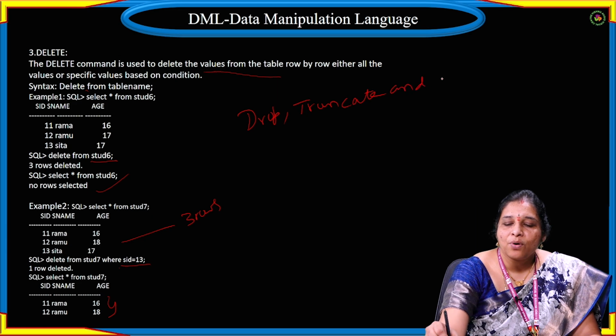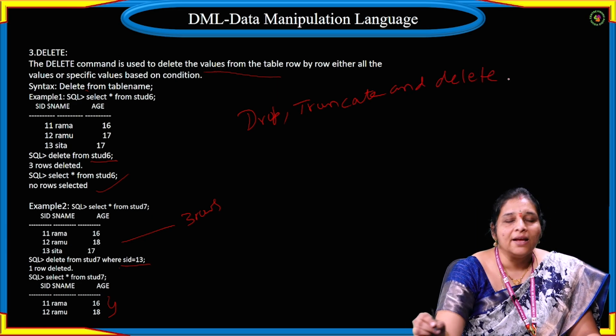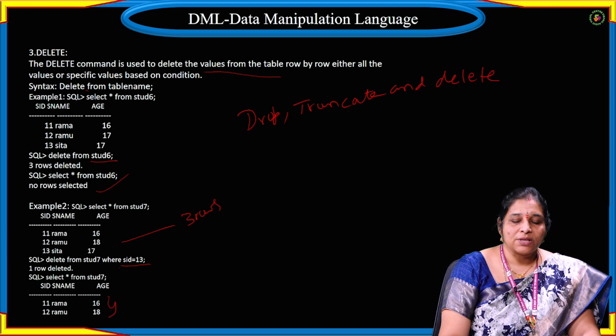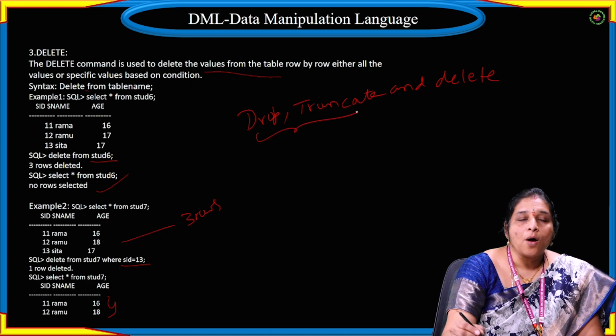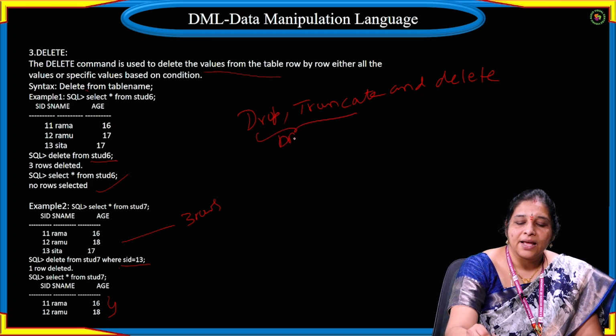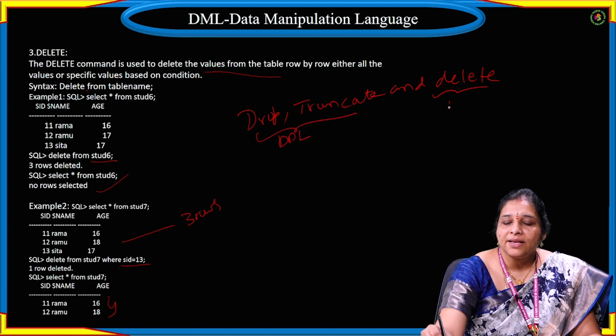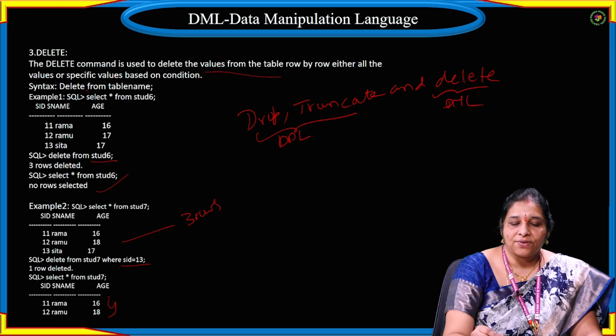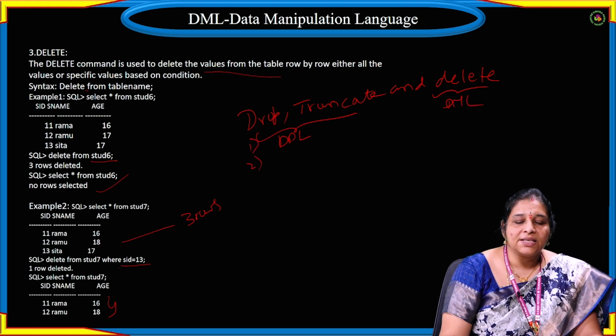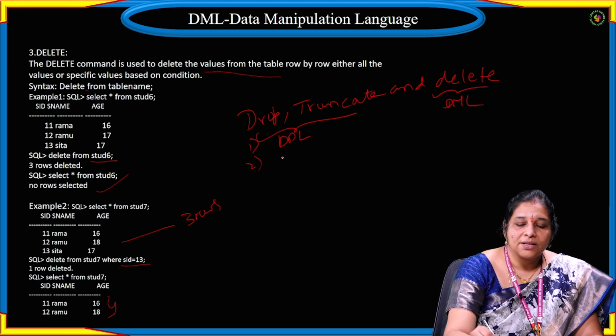Students, this is very important for you to understand exactly, since all are trying to remove something or other. So the drop and truncate are basically DDL commands and delete is a DML command. This is the first difference. The second difference is drop, when it comes, it is trying to remove both the structure